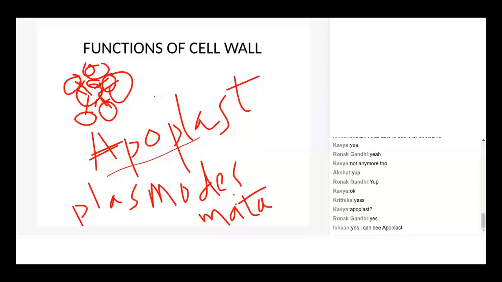Ma'am, can we say it like that, the space between two plasmodesmata? Yeah, you can make it out. Actually, it's not like that. Between two cells, every cell will have a plasma membrane around it, isn't it? So here we are talking about plant cells. That's why we are talking about cell wall. But when you take animal cells, we won't find cell wall. We'll have only plasma membrane. So the connection between plasma membranes of different cells is nothing but plasmodesmata. You can go for that meaning for plasmodesmata.